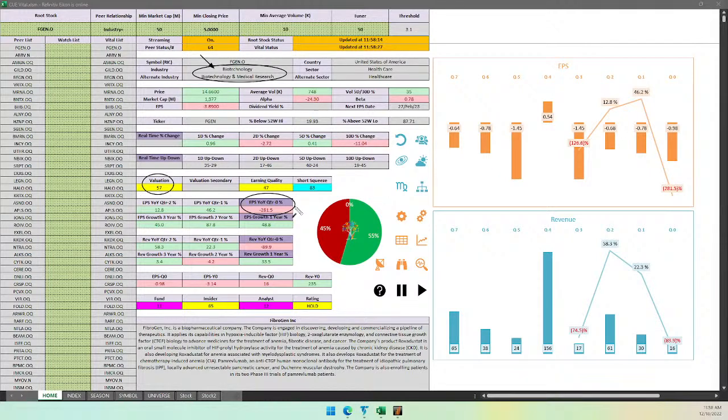They are discovering drugs, and they may move up significantly depending on how their work is progressing, not necessarily depending on how their earnings is or how their valuation is. So in case of biotech, it's okay for me to buy so long as the risk is small. And I see on a bearish day, 55% of peer stocks were up. That is showing strength in the industry. The stock also has a short squeeze potential. That is another reason to consider taking a long position.